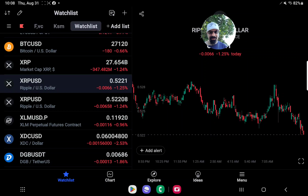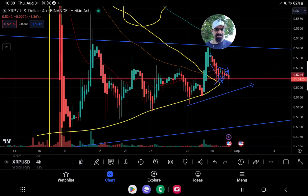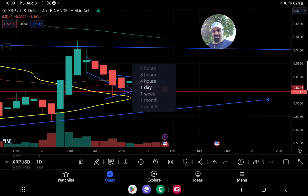So as we can see, XRP is down 1.25%. We're sitting at 0.5215, trying to figure out exactly what XRP is trying to do here. In the 4 hourly, we're pretty squeezed here. In the daily,